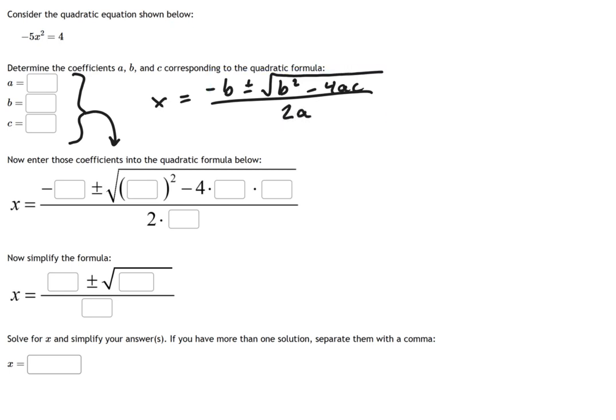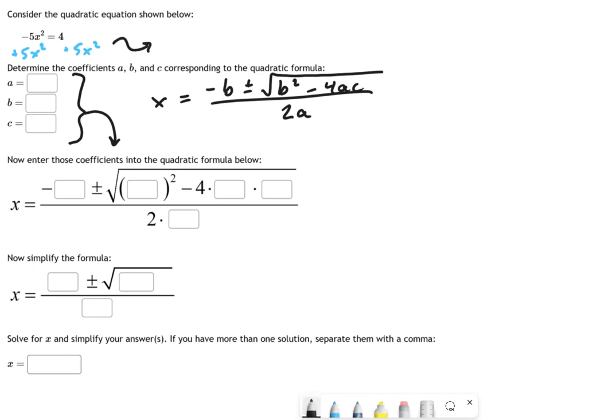So let's talk about that equation up top, because if you're jumping right into what a, b, and c are right now, you're probably making some mistakes. For one thing, this isn't equal to 0, and I'm going to need to do just a little bit of cleanup work at the beginning. I'm going to add 5x squared to each side. And the reason I choose 5x squared instead of 4 as the thing I'm going to move over is because